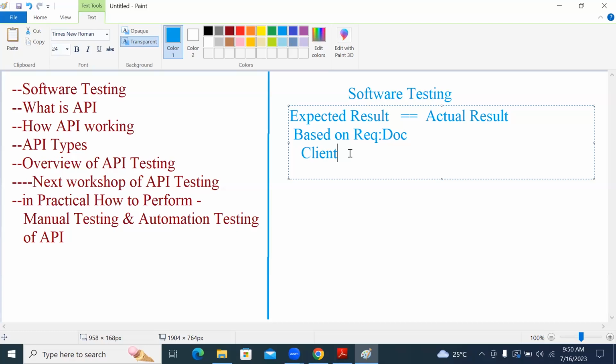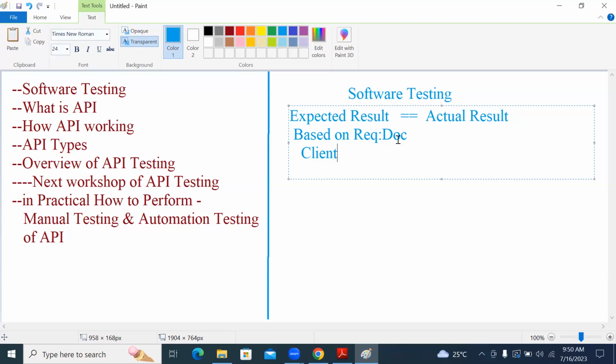So as a tester, we expect that the application should be developed according to these requirements. So development team will take care of developing the application according to those client requirements.